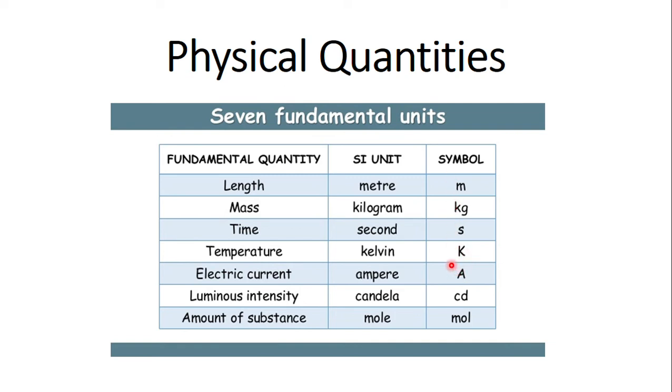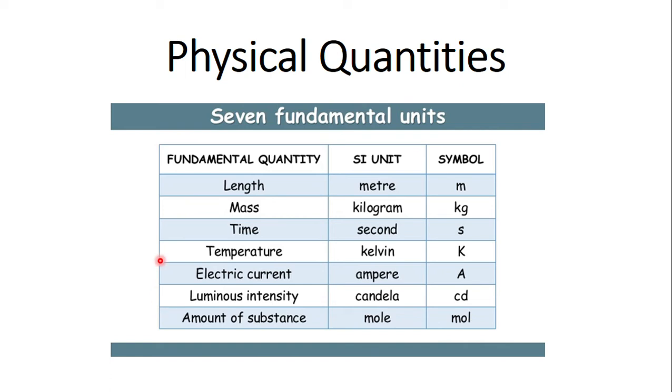So when you are writing the symbol of a unit named after a scientist, it should be denoted with a capital K, capital A here, whereas when you are writing the full name as a unit, as Kelvin, you should use small letters. So electric current is expressed in the SI unit ampere, and the symbol is capital A. Luminous intensity or brightness, the SI unit is candela, the symbol is cd, amount of substance is mole,